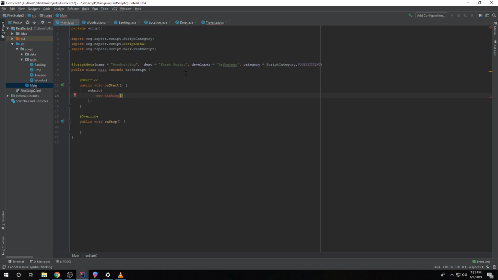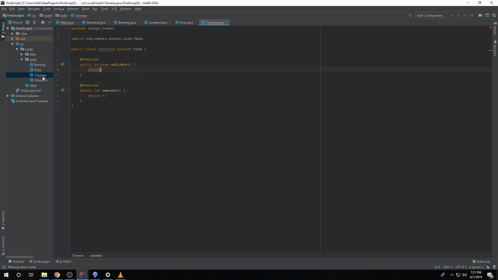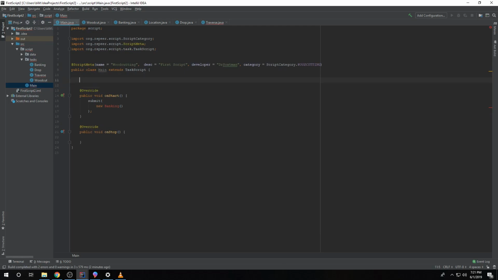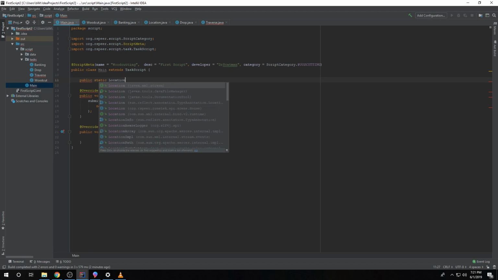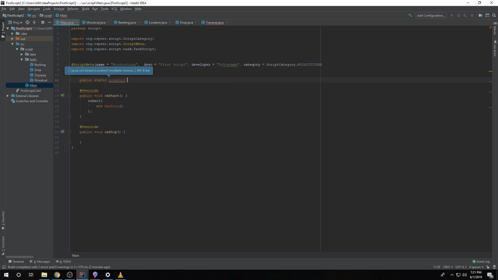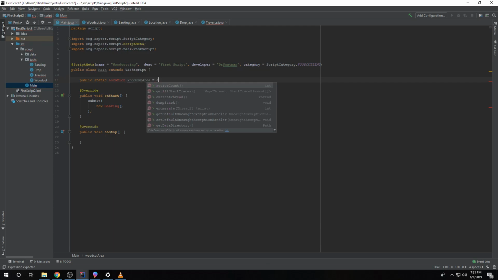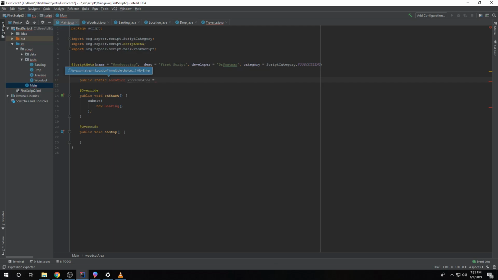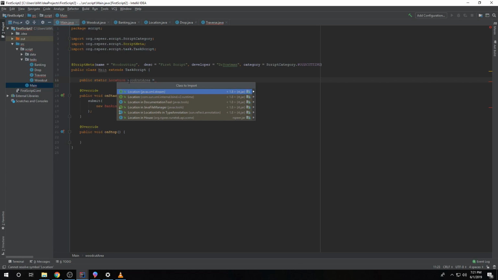Right where I left off is the location. So let's do public static location. Let's do W area for woodcut area. Okay, you know what? We're gonna make it a little easier to understand when we're reading it, so things don't get mixed up in the long run. I always like to be as specific as possible with my variables rather than call them X, Y, and Z, so that once you have hundreds,